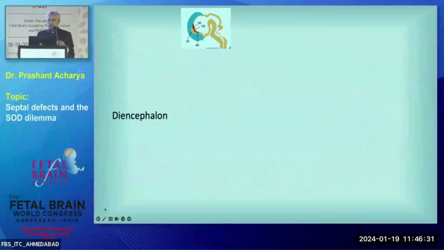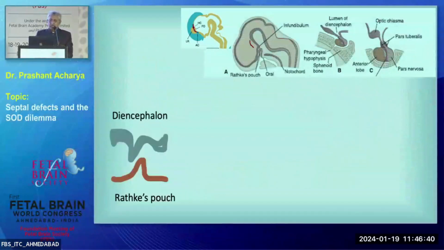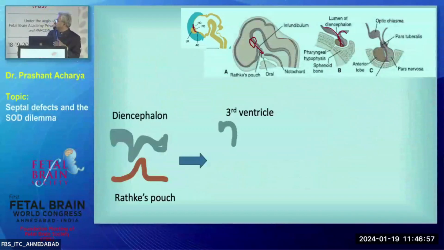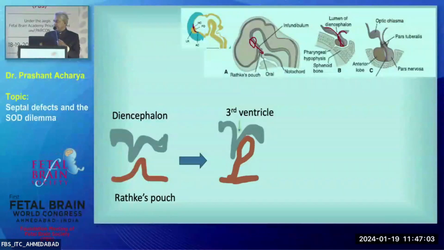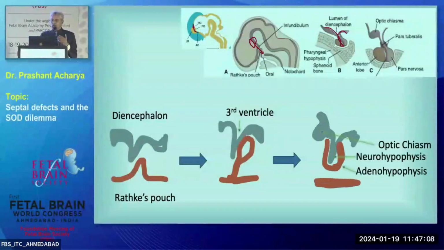And this cavum septum pellucidum is again a part of the diencephalon. So from this area, the entire diencephalon development starts: optic chiasma and septum pellucidum. It comes down in this manner. So the lumen of the diencephalon, in this region, if you see, this is one image, but let me put it in simple graphics. In the diencephalon, you have the Rathke pouch, and then it is going to create the third ventricle, and the Rathke pouch practically touches the third ventricle, and from the same you will have the optic chiasma, pituitary, neurohypophysis, and adenohypophysis. That's how the embryology develops.